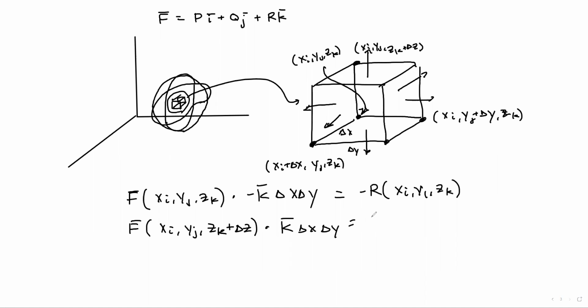And if you go through and multiply that out, you're going to get positive R. It's at x sub i, y sub j, z sub k plus change in z. Okay. And so we can go through and do some similar stuff with the back and the front and the left and the right. If you do that, you're going to get F of x sub i, y sub j, z sub k dotted with, and we've got